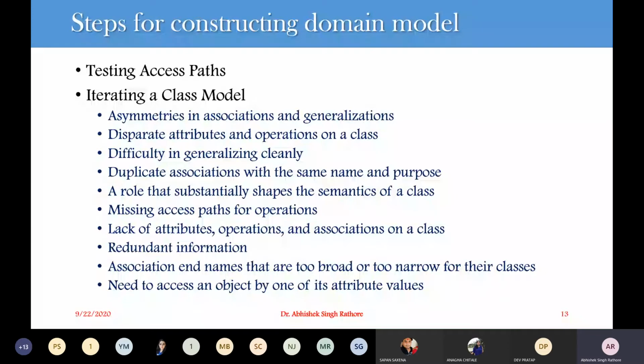Okay, so we have to iterate again. Another step is iterating your class models. Why do we iterate? Because we are aiming for a stable class model diagram. To reach a stable class diagram, we have to iterate, and we have multiple class models in our evolutionary process. So we have to go for multiple iterations, and your class model rarely becomes stable in a single pass.